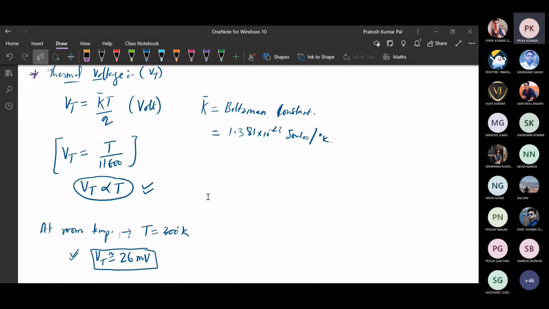Okay, so instead of directly representing the temperature, we use Vt as the temperature variation relation in any device's input and output characteristics. So whenever we represent the input-output characteristics of any device, there we will use thermal voltage as a temperature variation relation. So wherever there is a temperature effect, there will be a Vt relation. We will get clarity on that in the expressions when we study further. Okay.